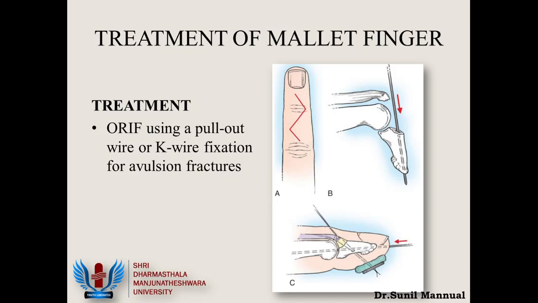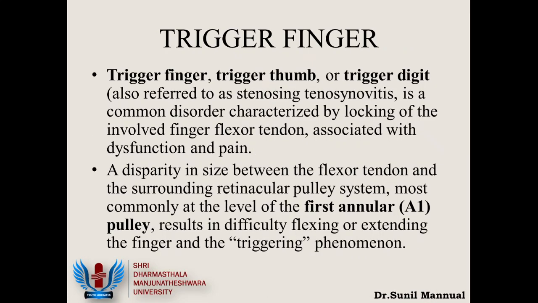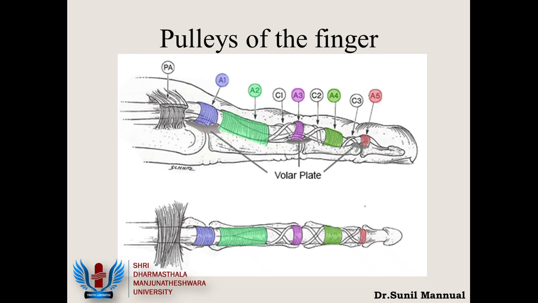Moving on to slide number 39, we have a condition called trigger finger. So before understanding what is trigger finger, we will move on to slide number 40. So basically in slide number 40, we have this picture of a single finger that is put up here, and you'll notice something marked A1, A2, A3, A4 and A5, and all of these are called pulleys. A1, A2, A3, A4 and A5.